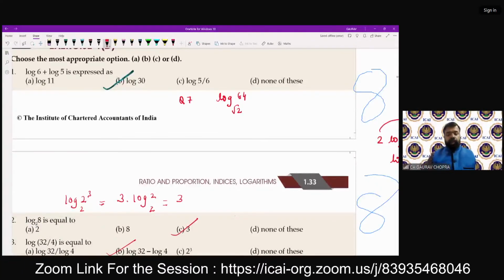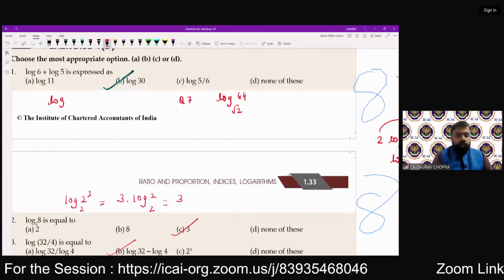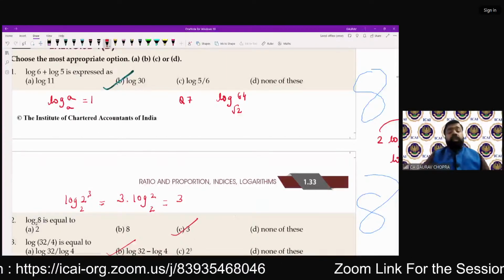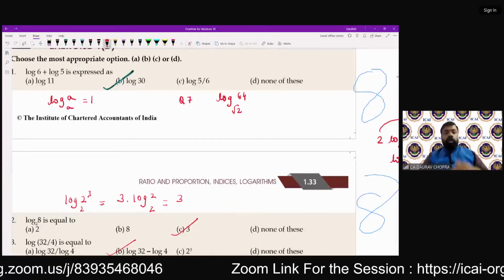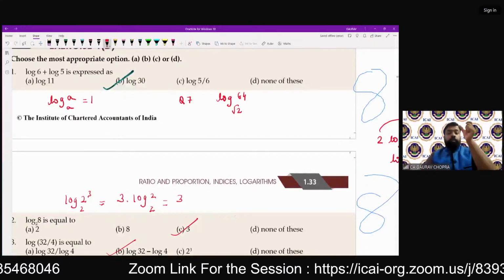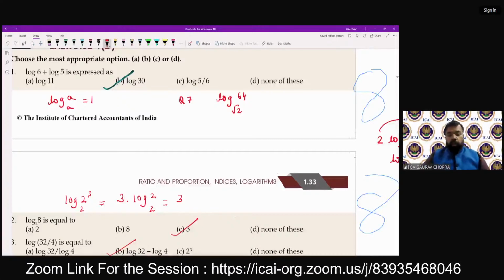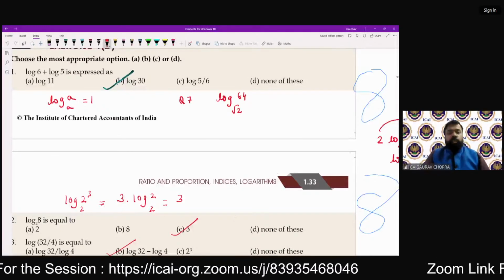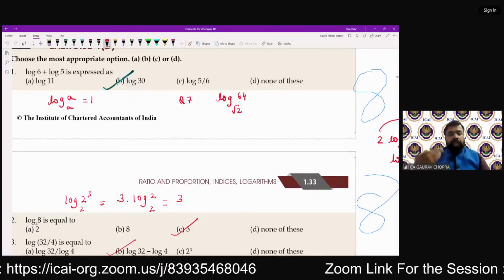नाउ इसको सिंप्लीफाई करना है। एक प्रॉपर्टी होती है, वो प्रॉपर्टी क्या है? लॉग ऑफ a to the base a is equal to 1. When the main value and base value both are same, the result is 1. So log 20 base 20 1, log 10 base 10 1, log 2 base 2 1. तो जब मेन वैल्यू एंड बेस वैल्यू दोनों सेम होगी, द रिजल्ट इज इक्वल टू 1। तो अभी देखो, अभी आपके पास क्या है? मेन वैल्यू 64, बेस वैल्यू रूट ऑफ 2। तो 64 को हम क्या करते हैं? रूट 2 की फॉर्म में लिखते हैं। तो 64 के फैक्टर्स क्या होते हैं, कैसे उसको लिख सकते हैं?